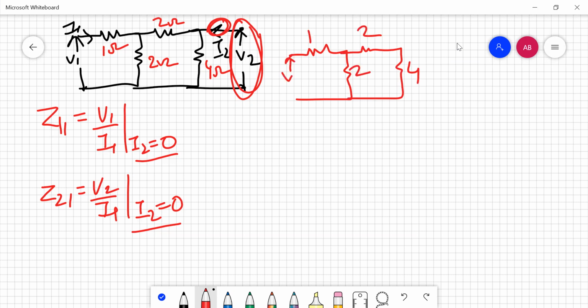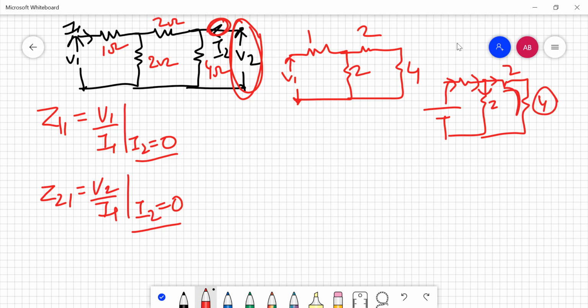Now we need to calculate our V1. We will calculate V1 as if the voltage source has been put over here, and we need to calculate how much V1 we get if the current is flowing like this. So let's see, these resistance combinations have to be solved first. You can see here that 4 and 2 are both in series. So 6 in parallel with 2, and then in series with 1, and then multiplied by I1 will give me the value of V1.